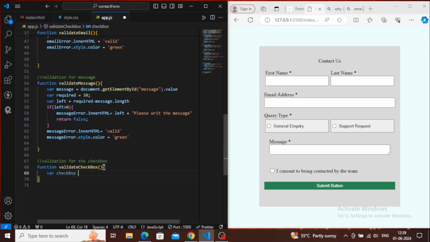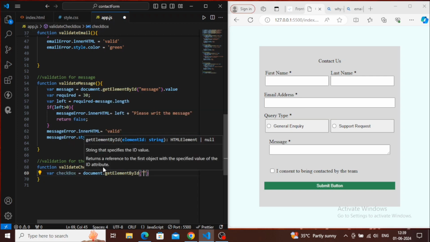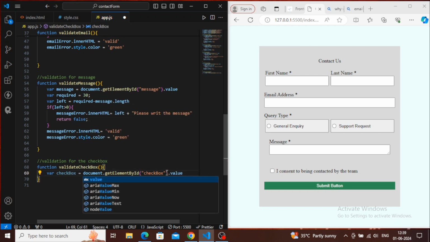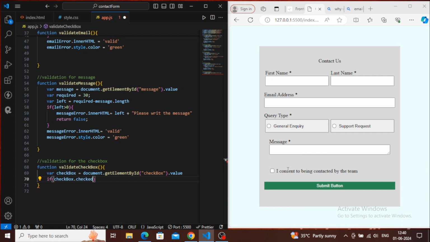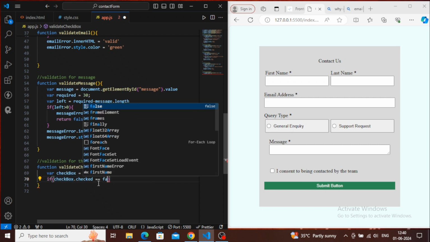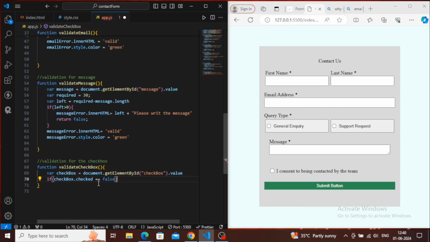First, document.getElementById, and inside this, what is the id? The id is checkbox, and we will take the value of this inside this checkbox variable. After taking this, we will check the condition, that if this checkbox is checked. What we need to do is just show an error if it is not checked. So we will give the initial value false, that if it is not checked, then we need to show the error. So how can we show the error? We can show the error using checkbox